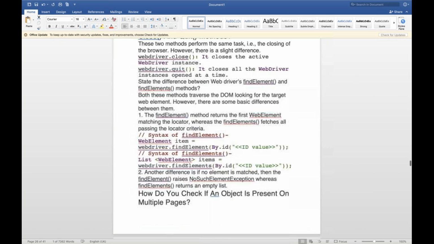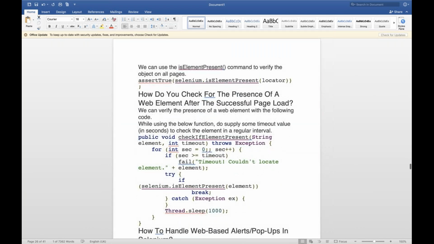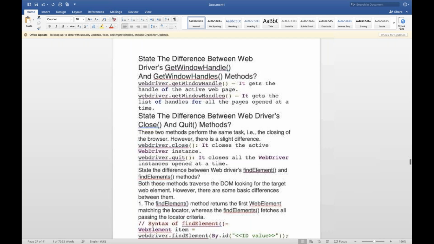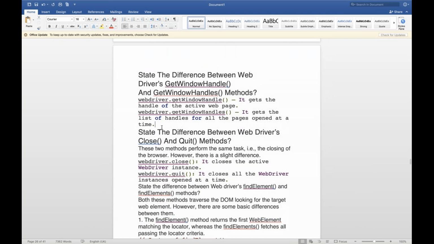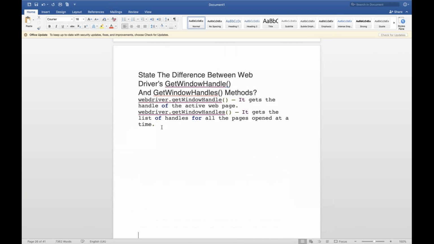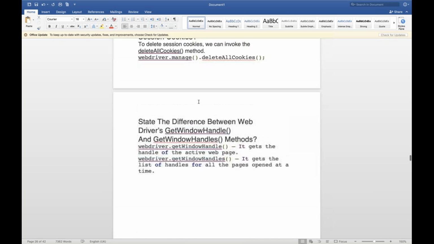Okay, let me check. I'll take one more interview question and then we will close, because it will take time. Okay, so now the difference between